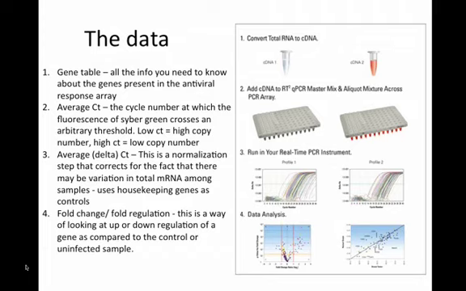And then the most important one for you guys is fold change, fold regulation. So after we normalize the data against these housekeeping genes, then we normalize it against time 0, and you get everything relative to time 0. So if at time 0 it was this number and it went up, it was upregulated. If at time 0 it was this number and it went down, it was downregulated. And up and down regulated is the way to start thinking about things.